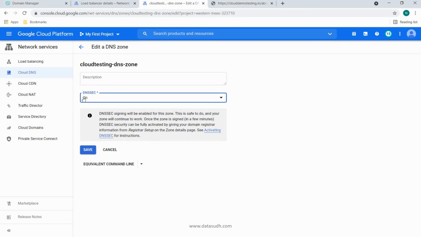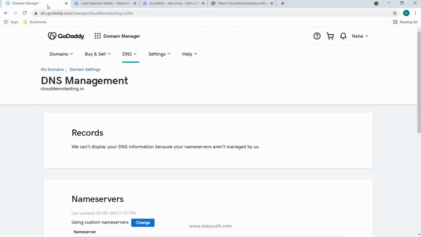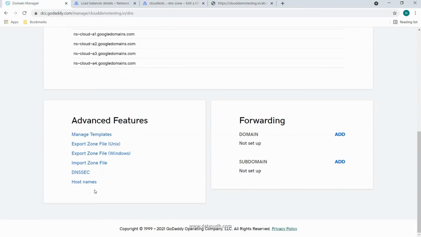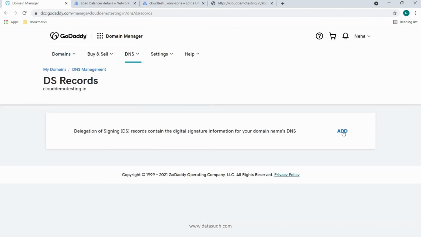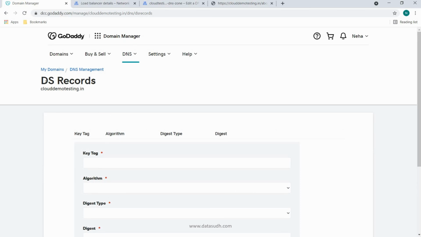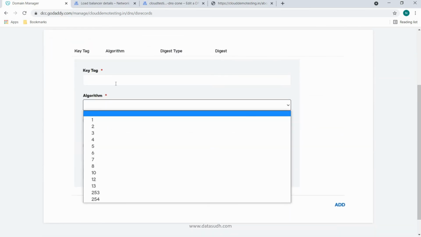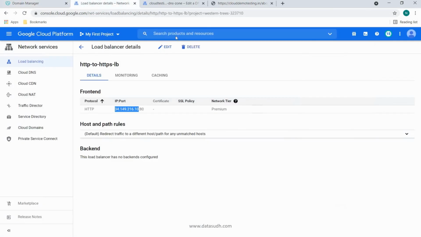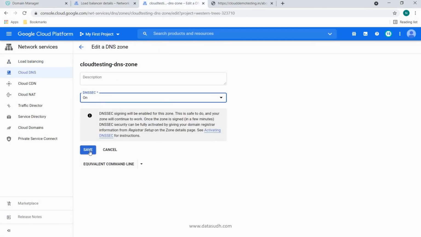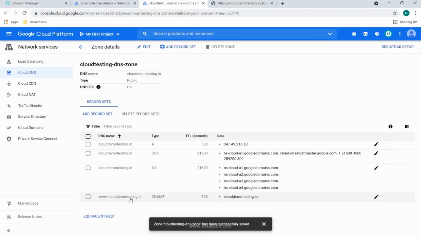So after we turn this on and save, we need to go back to our domain manager and we need to go to our DNS security settings. In this, we will need to add a DNS security record here. For these settings which we need to enter for this record to be enabled, we will find those settings after we click on save here. So if I click save here right now